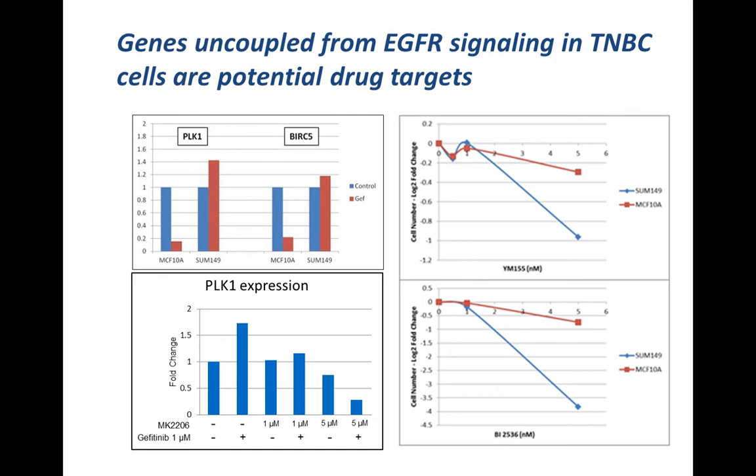But then the other cool thing that sort of brings this whole story together is if we now look at PLK1 expression in this experiment with the MK drug and gefitinib, now if we give, again, both drugs together, we can make this look more like that. Now PLK1 levels go down, but only in the presence of both drugs, not in the presence of one of the drugs. And again, we think that's a big reason why they lost their clonogenicity when both of these drugs are present. So the whole thing is really coming together very nicely.